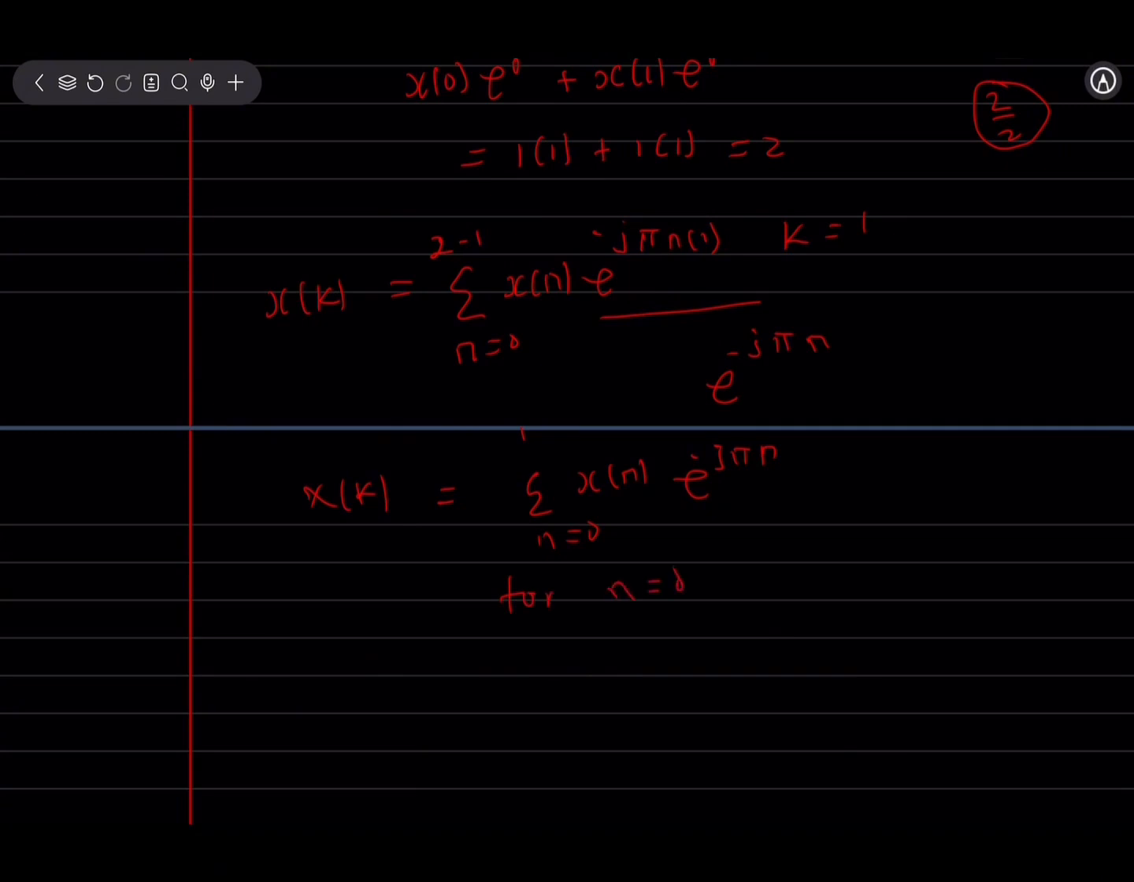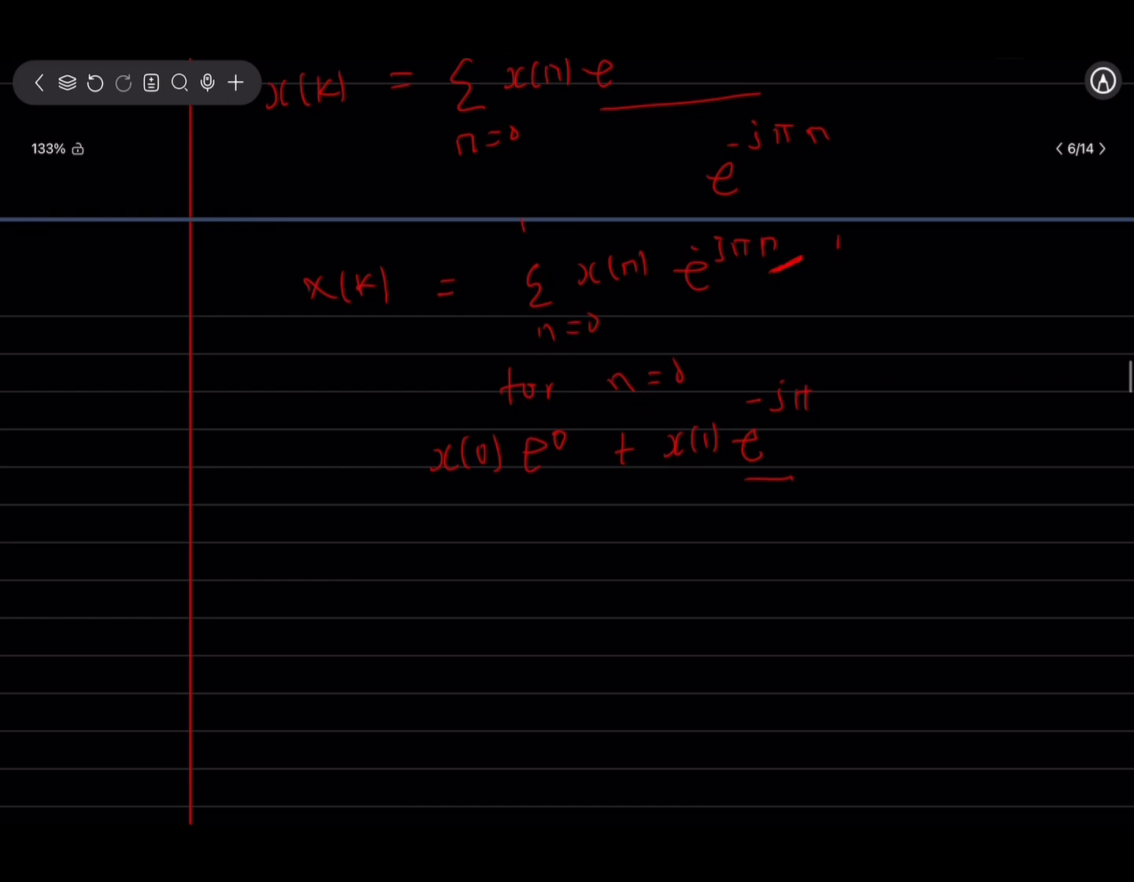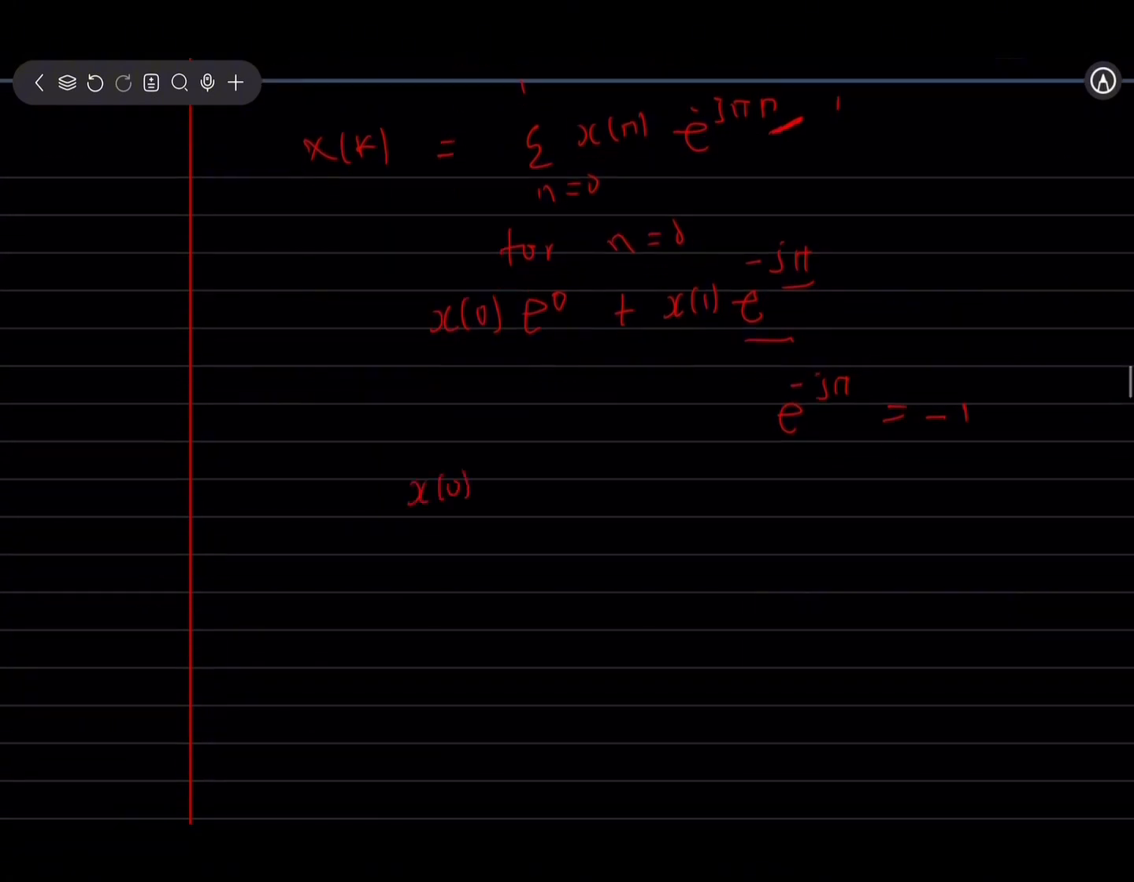For n equal to 0, we are going to get x of 0, and when we put 0 up here, we get exponent 0, plus when n here is equal to 1, we get x of 1 exponent negative j pi. So our work is to simplify this part of the exponent using a calculator. Using the calculator, exponent negative j pi is equal to negative 1. So we can rewrite it as x of 0, exponent 0, plus x of 1